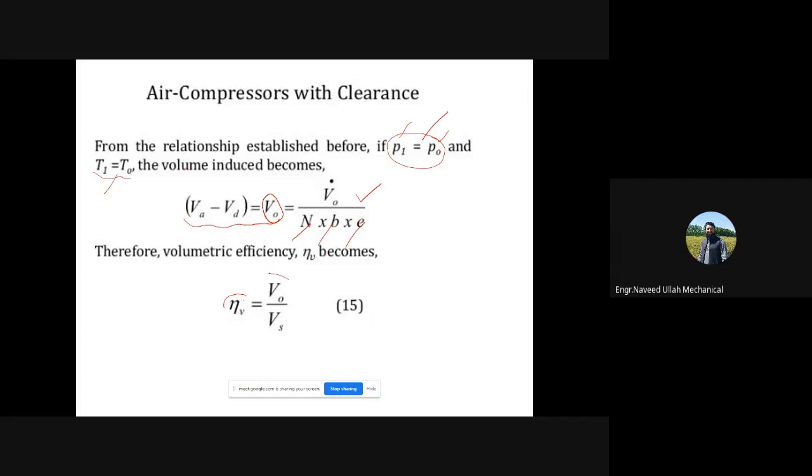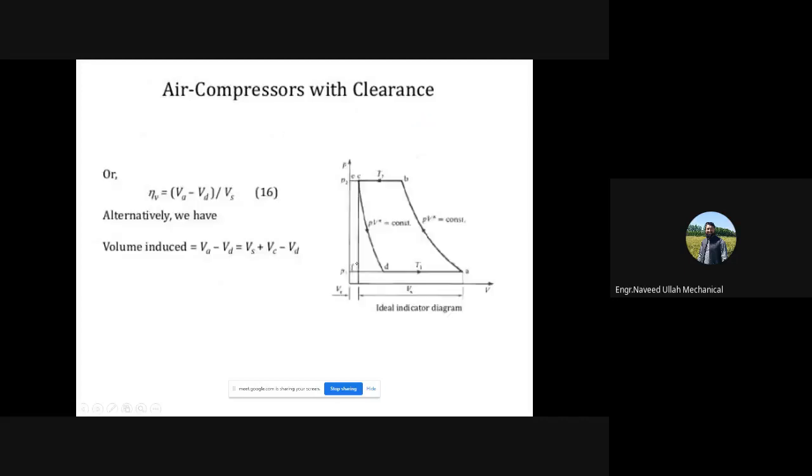Therefore for this assumption where P1 is equal to P0 and T1 is equal to T0, आपके पास जो वॉल्यूमेट्रिक एफिशिएंसी है that is the actual volume delivered by the swept volume, कितना स्वीप करता है और कितना एक्चुअली ये डिलीवर करता है, that will be your volumetric efficiency. This is one of the relationships, ठीक है. Similarly another relationship is, और ये कहता है कि you can see